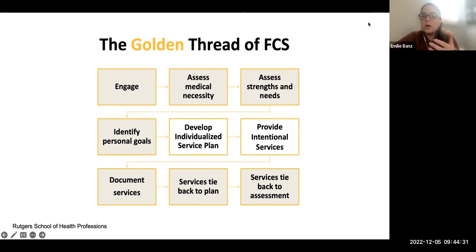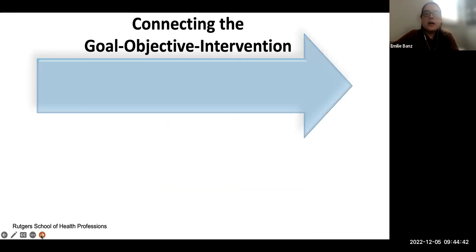Because ideally, you want to make sure that the interventions that you're providing are specific and individualized to the person that you're working with and what their needs are. Okay. Now,